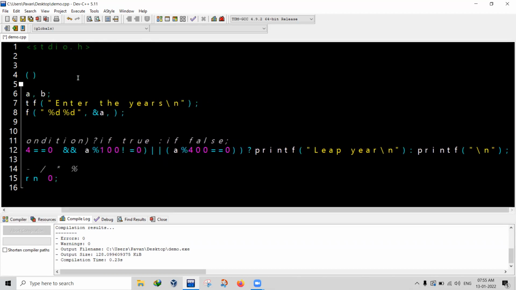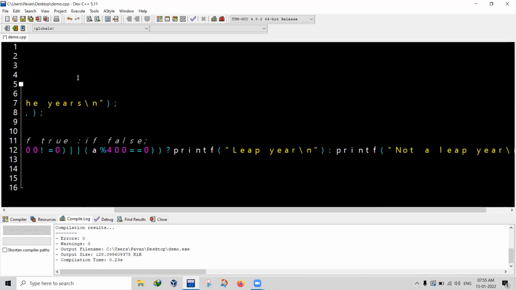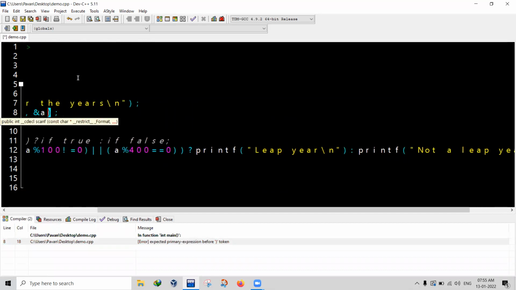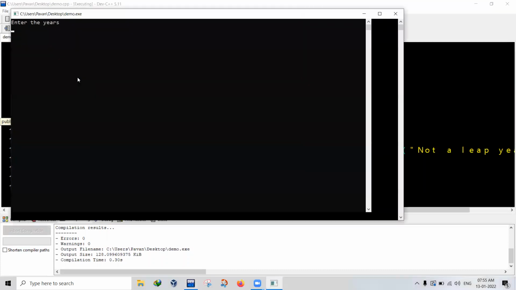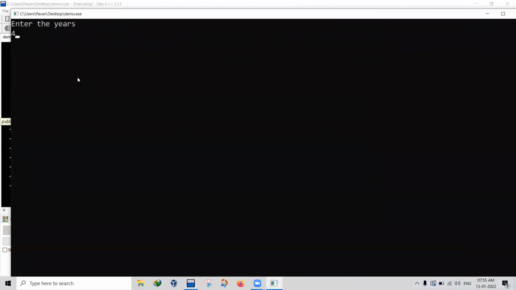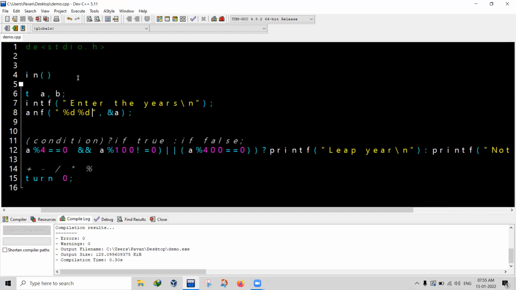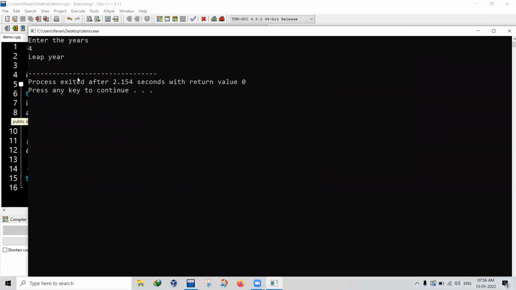Not a leap year. Not a leap year. Now let's start this. Sorry. Okay, there was a semicolon. Let's start this. If you people have understood the logic, see here. The fourth year, definitely the single fourth year will be a leap year if we start the calendar from 0. Oh, sorry, it's asking for 2 inputs. Yeah, I didn't remove the percentage here. Okay. Now, if we enter 4, it's a leap year.